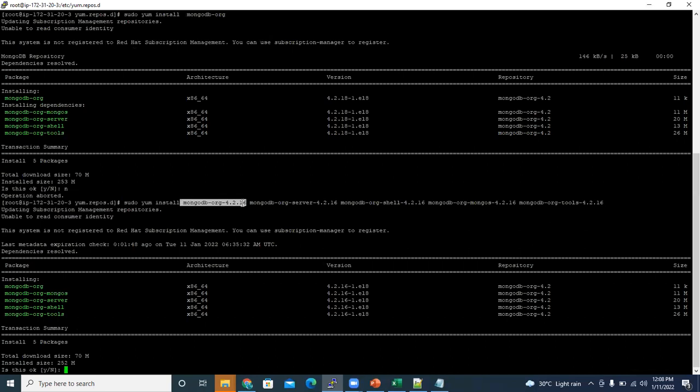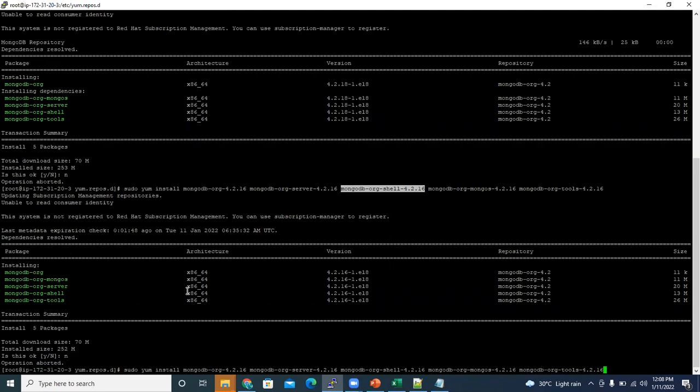If you want to install 4.2.10 or 4.2.2, you can mention that explicitly, whatever version your application or industry needs. Okay, now I am aborting this.